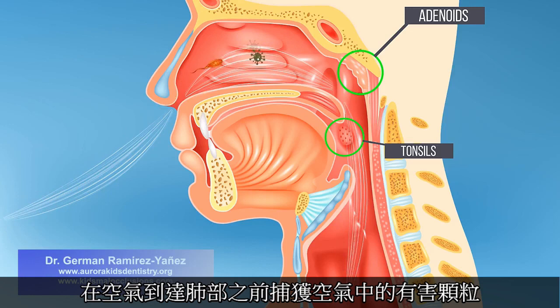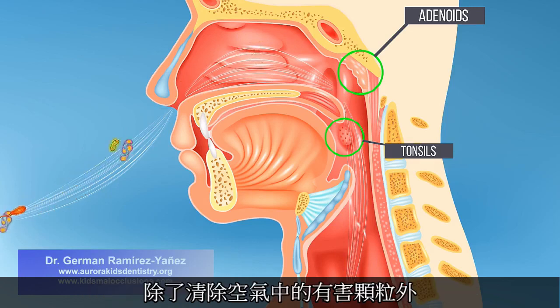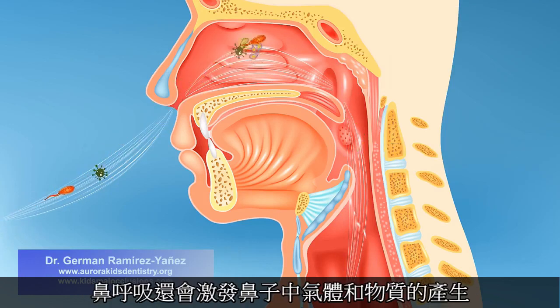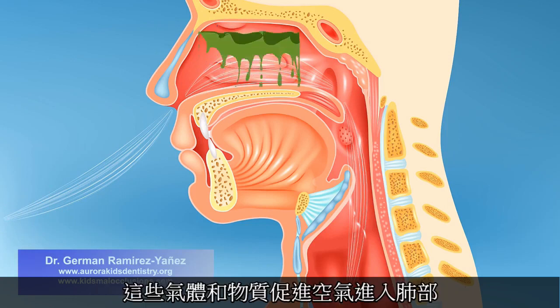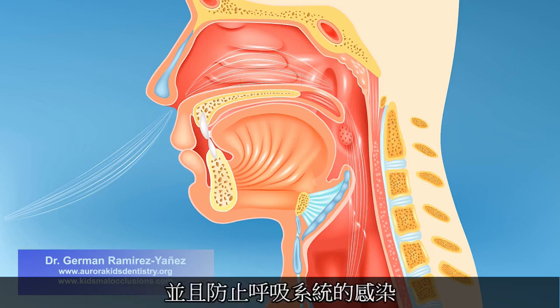it reaches your lungs. Besides clearing the air from harmful particles, nasal breathing stimulates the production of gases and substances in the nose, which are going to facilitate the entrance of the air in the lungs and prevent infection in